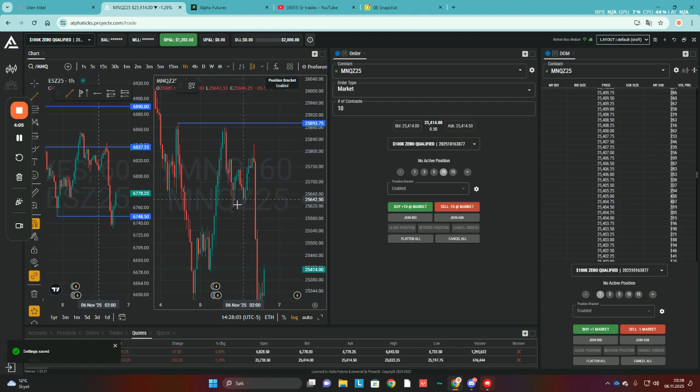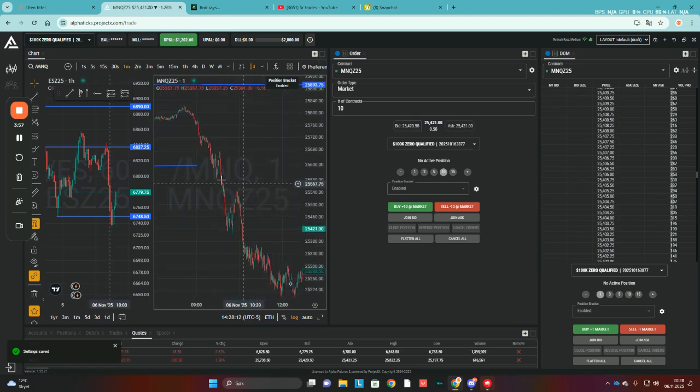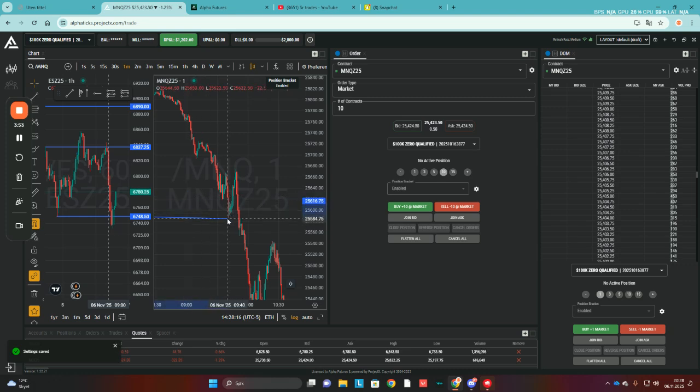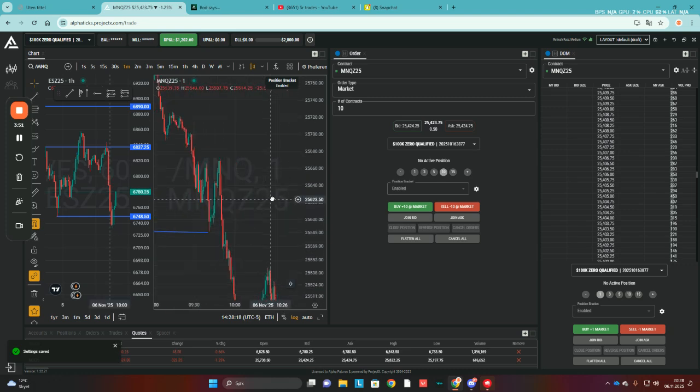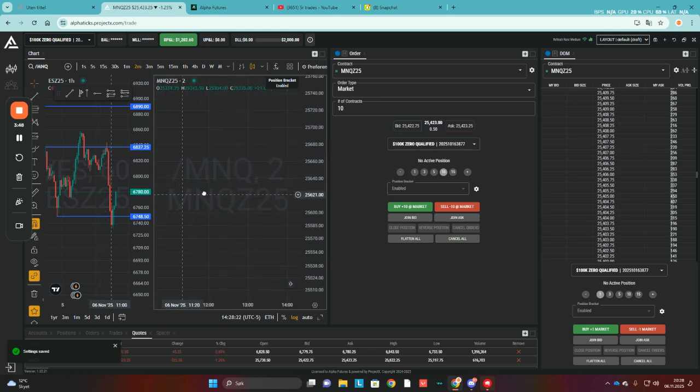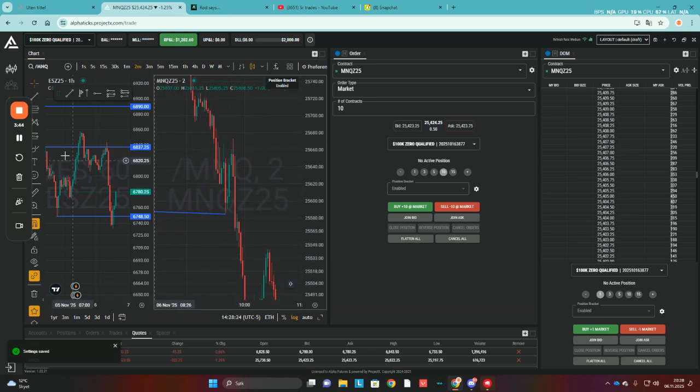We got SMT somewhere around here, and I was actually taking a long. So here we got an SMT at this low, and we had a 2-minute gap, which was the highest time frame one. So I did actually take this long setup after this inverse, and I went break even after this